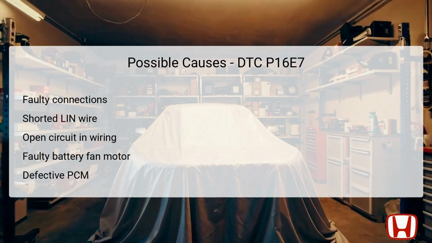When dealing with the DTC P16E7, various potential causes must be taken into consideration. These include poor electrical connections, particularly at the battery fan motor and the powertrain control module, PCM. A shorted LIN wire is another common concern, which can disrupt communication between the components. Additionally, there may be an open circuit within the LIN or IG1 option wiring that can lead to the communication